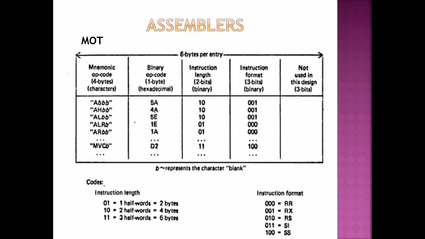Is there any user defined instruction? No, everything is already defined by the system. So this table is called a fixed table. Everything is already defined by IBM 360, so everything is fixed here and you don't have any user defined value. So this table is one of the fixed tables. There is also another table in the fixed category; let us see that later. Yes, so what is the structure of this particular database?